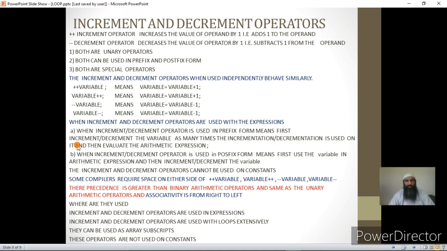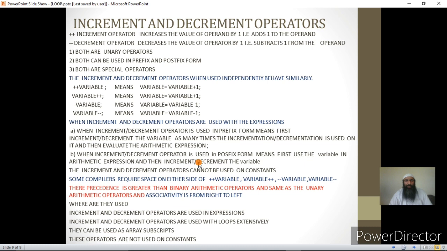Or after that the assignment takes place. When the increment and decrement operator is used in postfix form, at that time what happens? We use the value of the variable as it is in the arithmetic expression or in the assignment statement, and after the assignment or after the evaluation of the arithmetic expression, the incrementation or decrementation takes place.